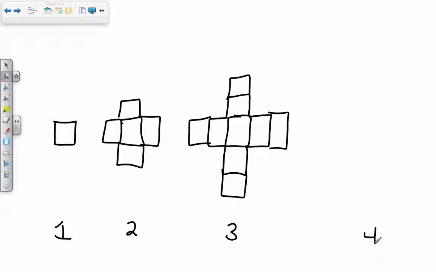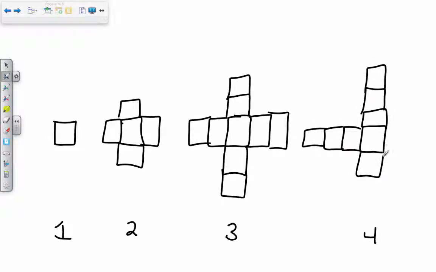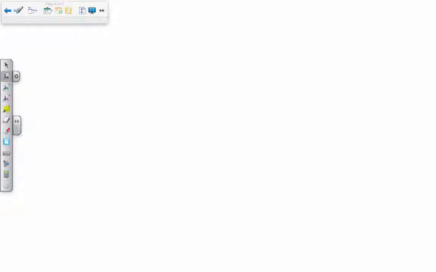Okay, are you sure, Jacob? So it'd be one in the center. How many on the top? 3. And then another 3. And then another 3. Another 3. And then a 3. You're right. Nice job. All right, so that's an example of a sequence.